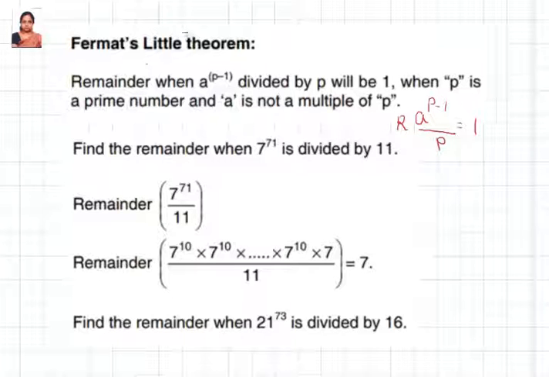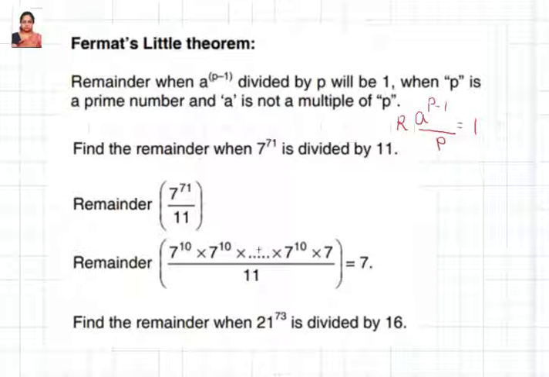So this is one of the problems which you're going to see here. That is, you have 7 power 71 by 11. So the other method which I said also you can apply, that's going to be a little lengthy, like you have to put 7 power 1 by 11, 7 power 2 by 11, 7 power 3 by 11 and see when it is repeating. So that is one way of doing it. The other way of doing is, we'll go for Fermat's little theorem. So in that case, split this, because you have 11 here, you know that the top should be p minus 1. So if it is 11, then this should be 10. So we are going to try to split this number in terms of power of 10.